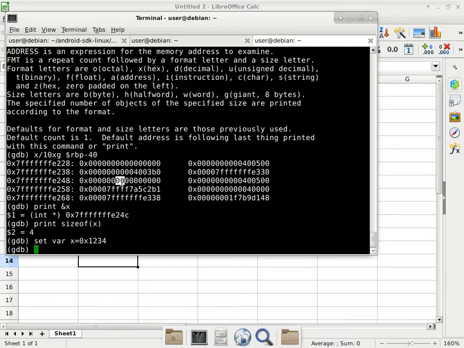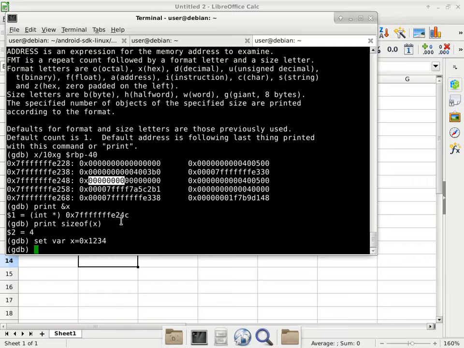This is 24C. So that means these bytes correspond to local variable X because these 4 bytes start at location 24C. And by storing hexadecimal 1, 2, 3, 4, where 3, 4 is the least significant byte,